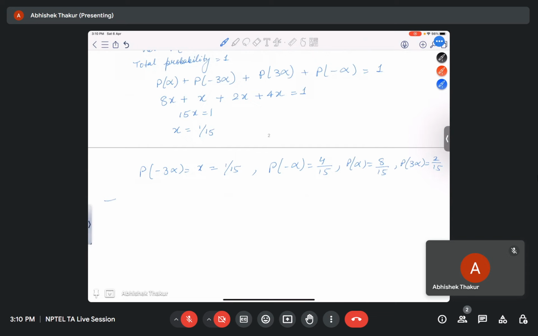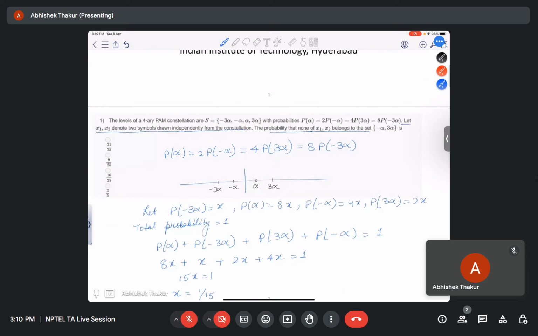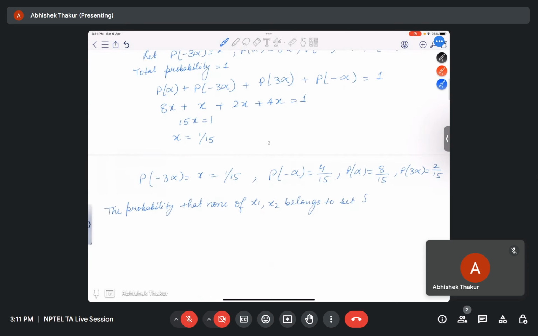So it is asking the probability that none of x1, comma x2 belongs to the set minus alpha, comma 3 alpha is equal to 1 minus probability of minus alpha minus probability of 3 alpha, squared,